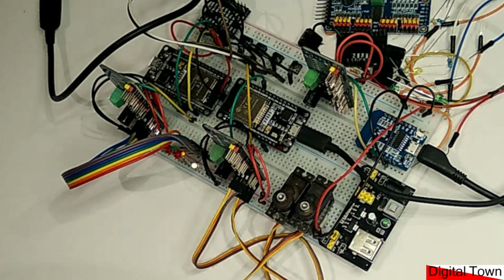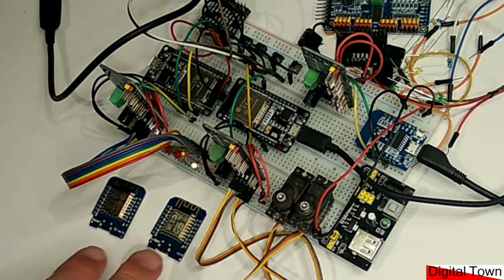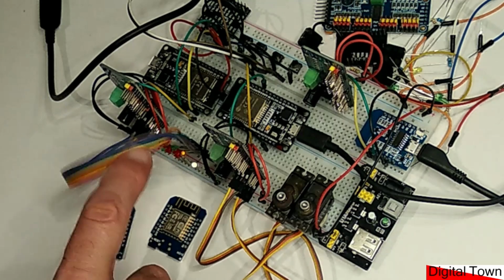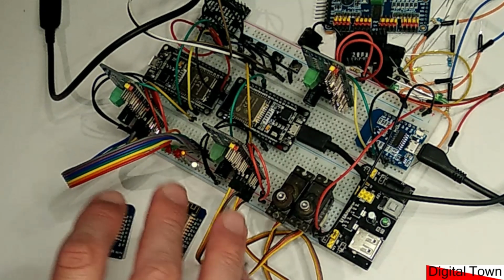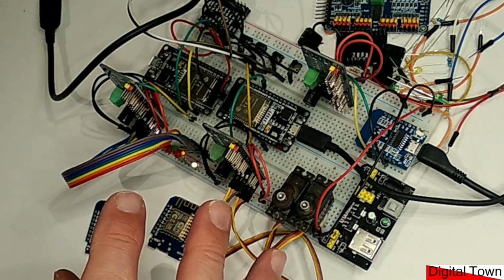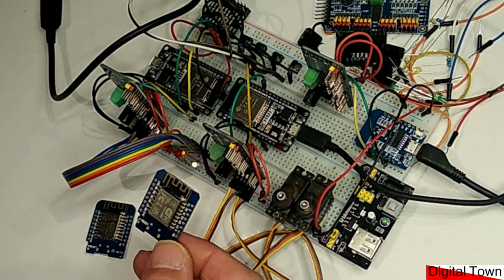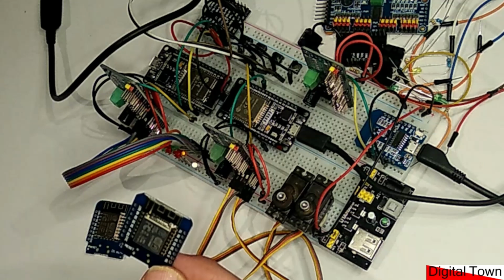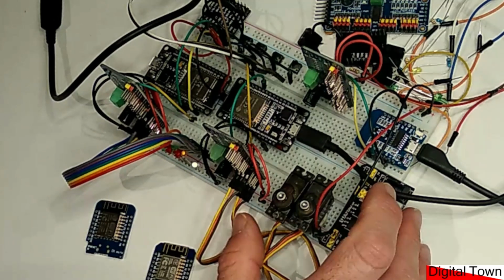But what I've also got there is another couple of D1 Minis. And what these are being used for: one artificially loads extra traffic onto the network deliberately, a really high volume of traffic, to make sure that the system works under a much higher load than I could ever imagine it using. Then I've also got this one here. This is used just to generate signal traffic in the same range, but that is nothing to do with this project. In other words, what I'm trying to generate with this is interference, as if this project was being run